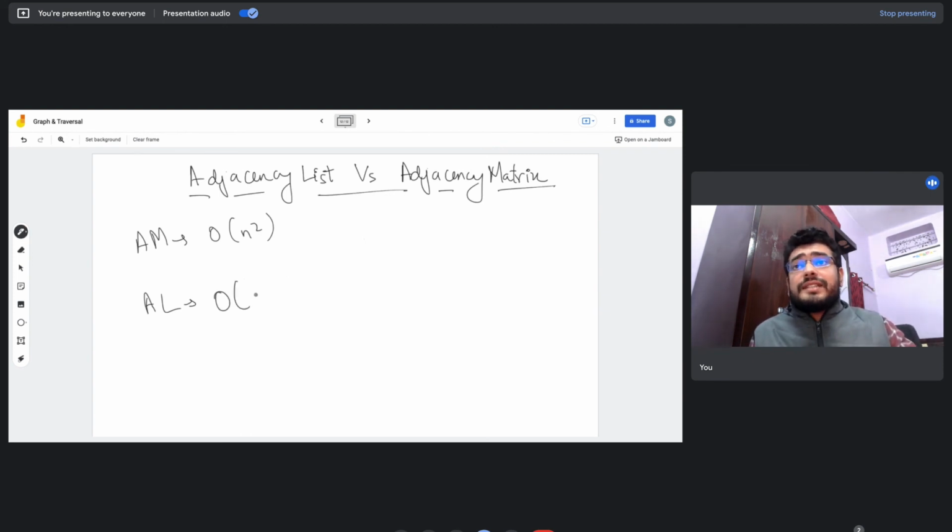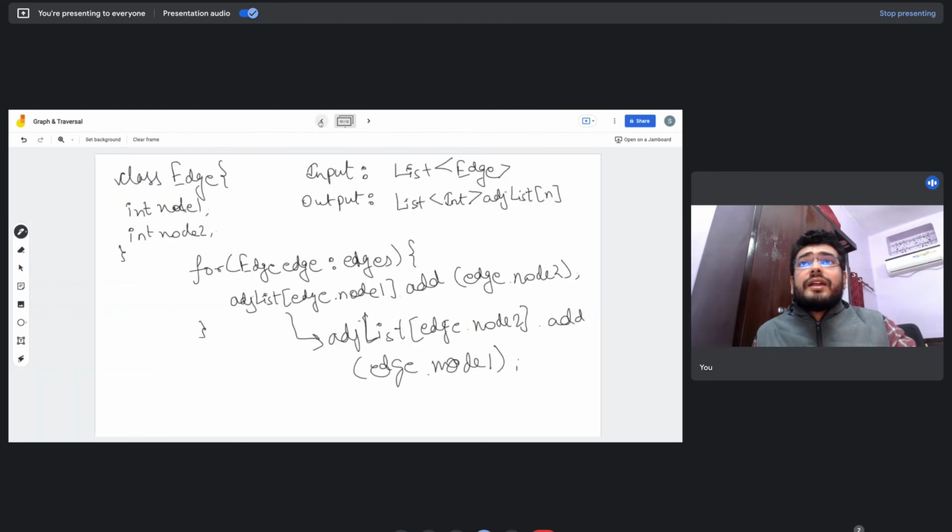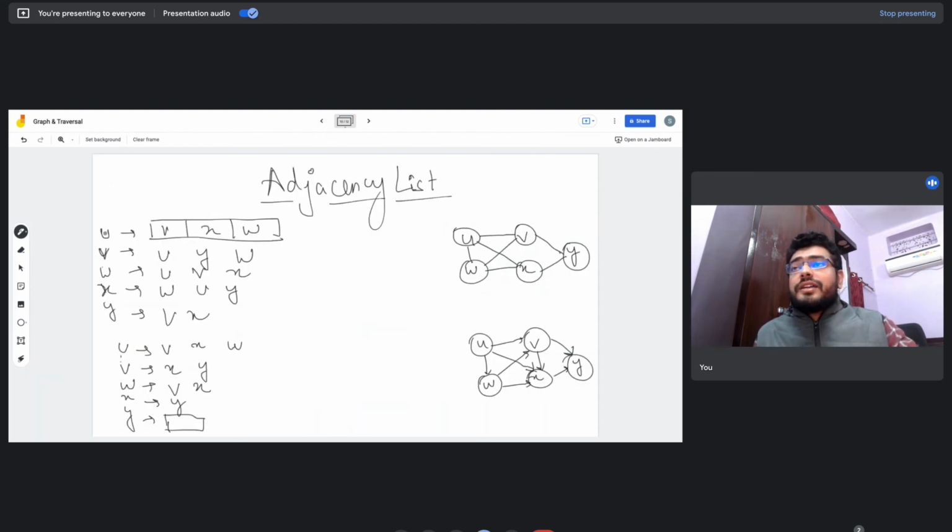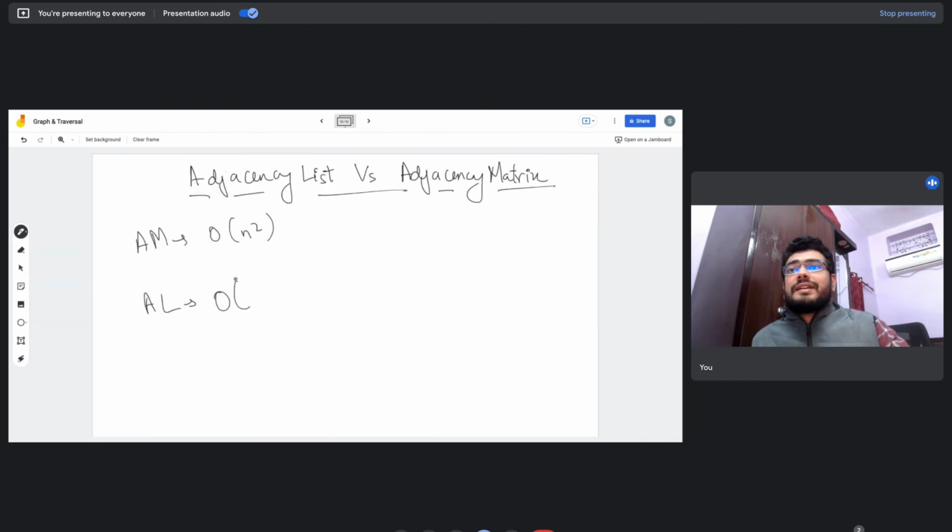In case of an adjacency list, each array element has a list of elements connected to it, that is, its outgoing edges. The summation of all these lists would be equal to the number of edges in the graph. So the time complexity to traverse the entire adjacency list would be O of E, that is, the number of edges in the graph.